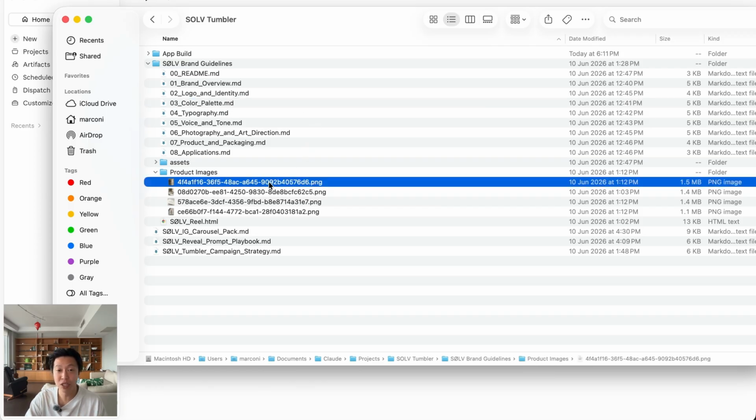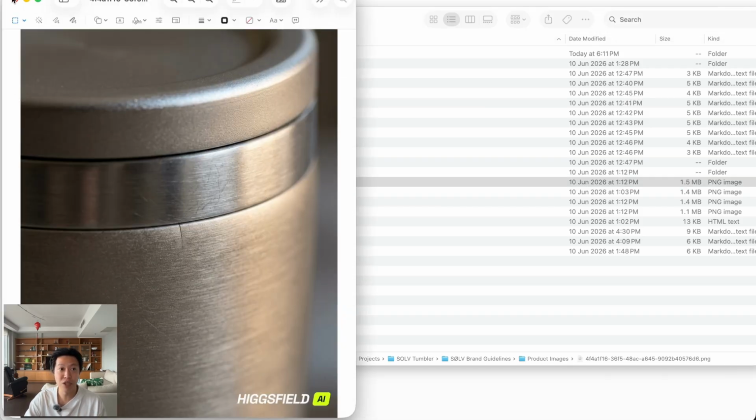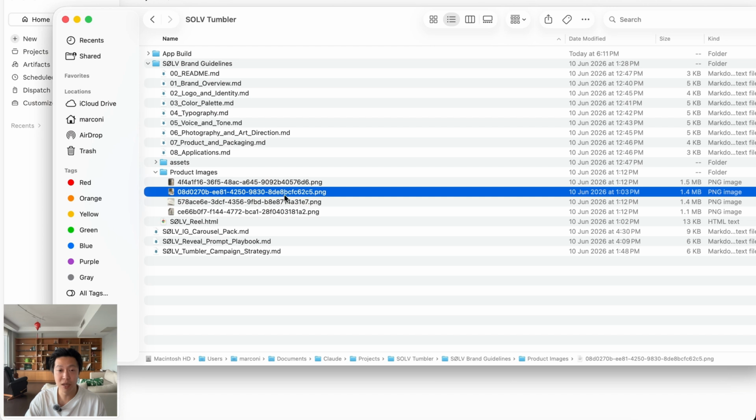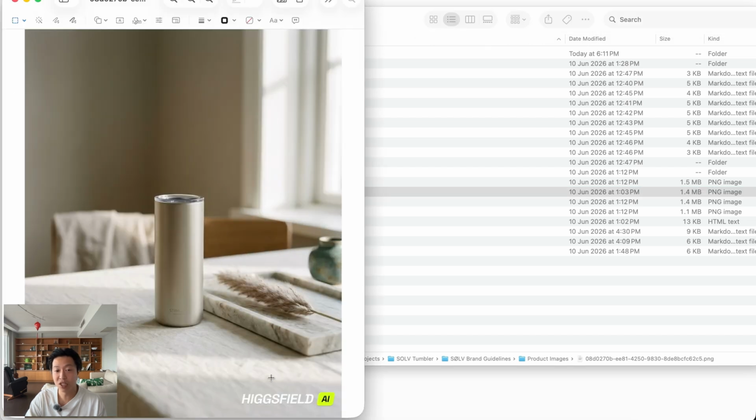And then there's also images that is involved. So some of the images of the Tumblr itself, how it looks like. And again, this was generated with Higgsfield before in the past because I was doing a video about it. And if you want to check out that video, I'll link it up here and down in the description below